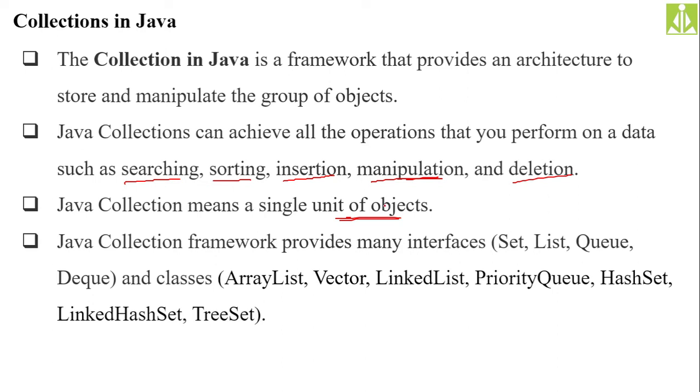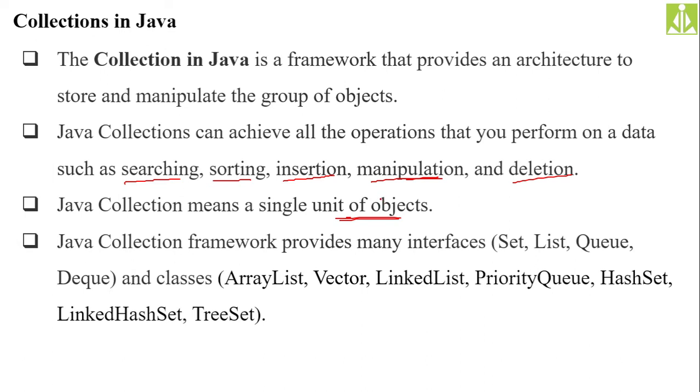Okay. So whenever we say an API or whenever we say a framework, it is going to have many interfaces and many classes associated in that, so that you can perform different operations based on your requirement or based on your application usage. We are going to use any of these classes or any of these interfaces in the implementation.